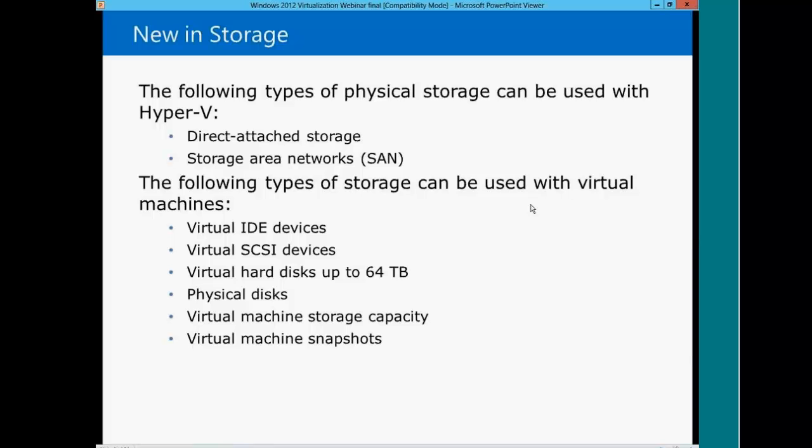So we have virtual IDE devices. We have 2 IDE controllers with up to 2 devices each. We can have 4 SCSI devices, and we can have up to 64 devices per SCSI device. So we have a lot of disks that we can connect. The virtual hard disks themselves, I'll talk a little bit about the,